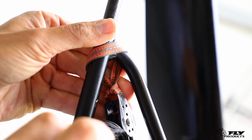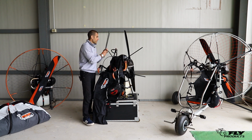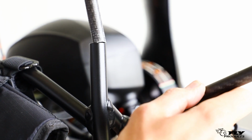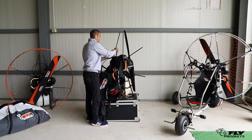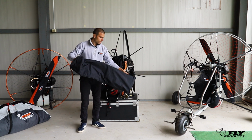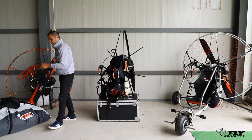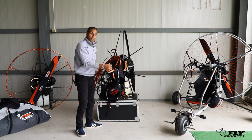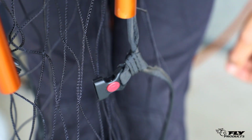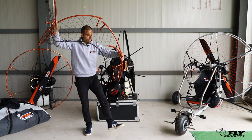Now, pay attention that this pulley is in the correct position and that you remember to put the pulley. You make sure that they're always well put down into place. Then you take your cage out of the bag. Here you will see that the plastic lock buckle is keeping everything nice together. So you unclick that one. You open the cage up. You fold it out